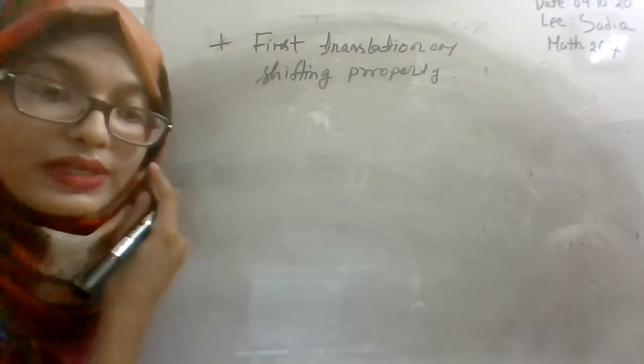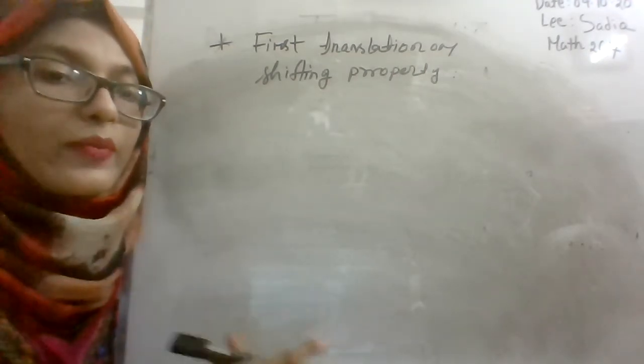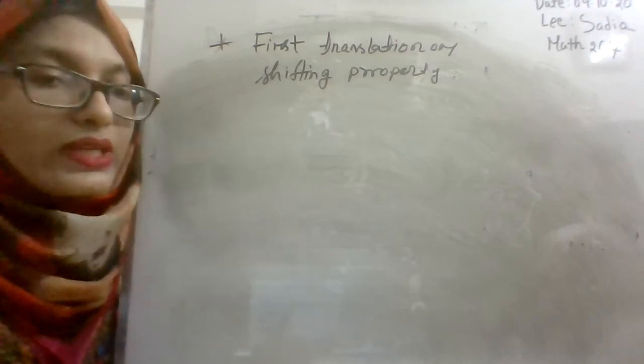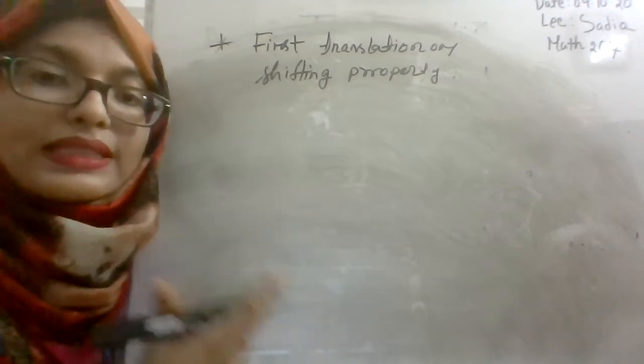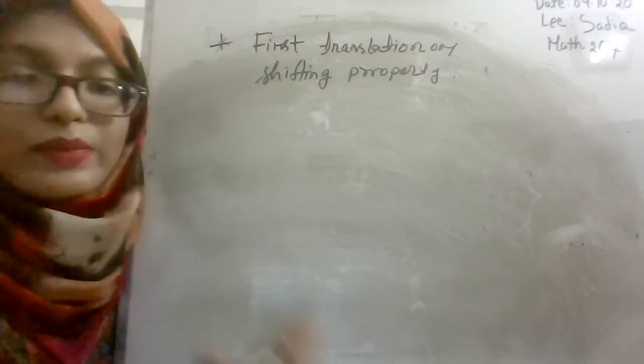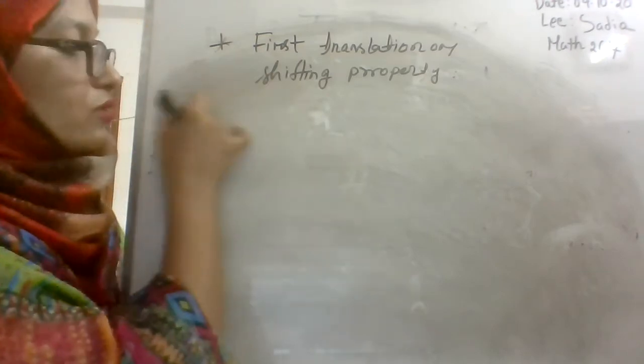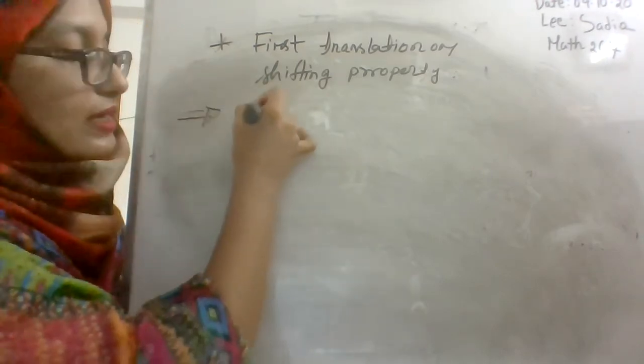You have to learn the statements of those properties for both Laplace transformation and inverse Laplace transformation. Without memorizing those properties, you cannot complete numerical examples for finding Laplace transformations or inverse Laplace transformations. So the statement is,